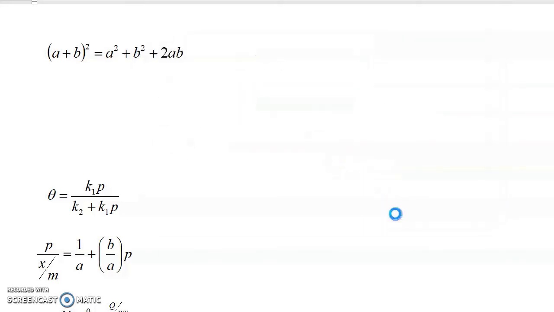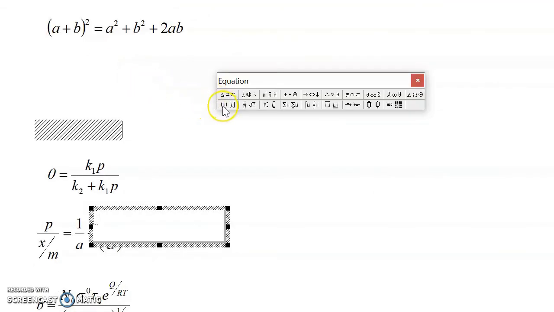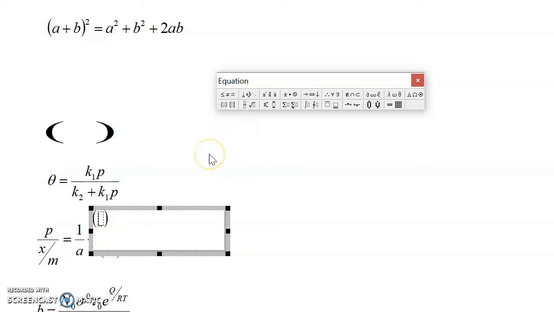Click on Microsoft Equation 3. Then first go to Fence Templates. Choose the bracket. Type in A plus B. Now using the right arrow on the keyboard, bring the cursor outside the brackets and then go to the subscript and superscript templates. Choose the superscript. Type 2 there. Again, using the right arrow on the keyboard, bring the cursor down